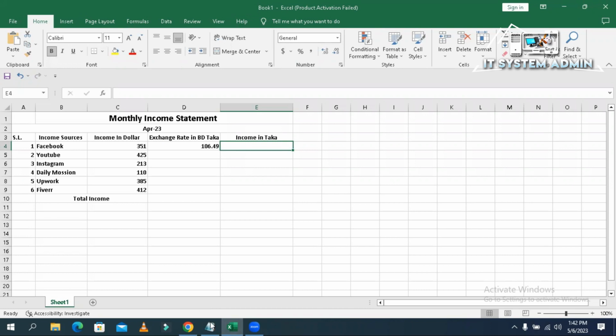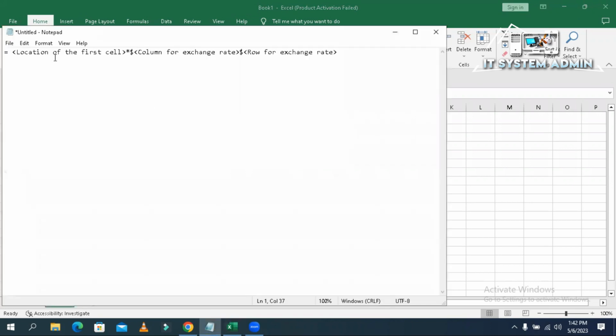The formula is equal to the location of the first cell, asterisk, and variable, then the column for the exchange rate, then variable, and then the row of the exchange rate. I'm just copying this formula